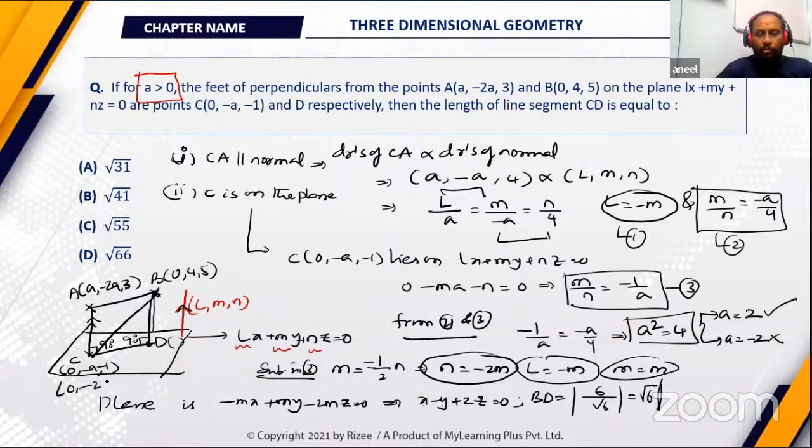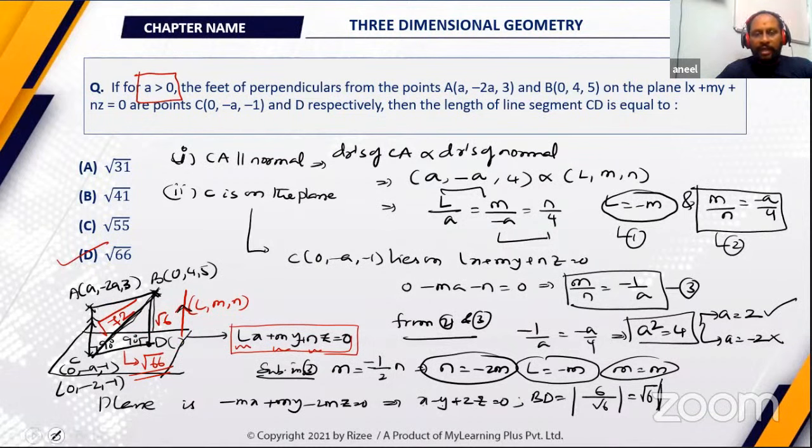This problem has been a little complicated because of the absence of this particular plane equation. Had we had the plane equation, then it would have been much more comfortable to find out the foot of perpendicular using the formula, and then we would have proceeded in a simpler way. So this is a little complicated. You need to understand that again, he's talking about a relation between a line and a plane.